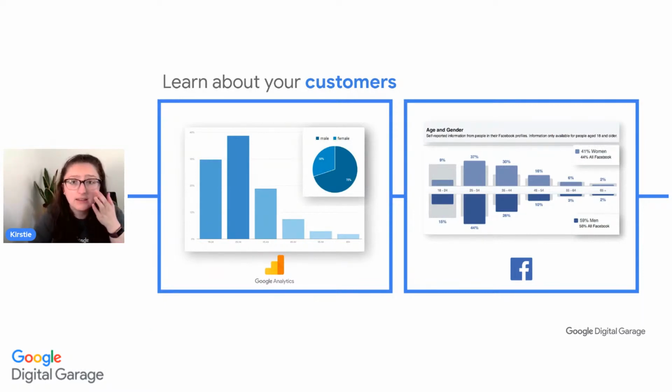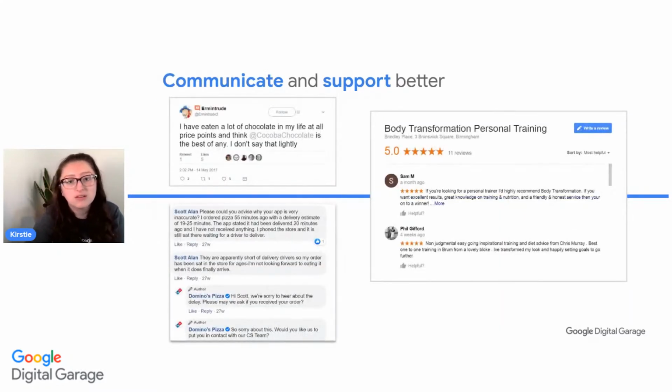But we've got Google Analytics, where we can start to learn about those customers that already exist, or if we have a website, we can start to learn more about what is already happening with those people that already visit our website. But we've also got individual insights in each social platform that we have open, whether that's Facebook, like our example here, but maybe we have Instagram, maybe we have TikTok, maybe you've got Twitter. Each platform also has their own set of data, set of insights that we can start to use to learn more about our customers. The other thing that we can start to use